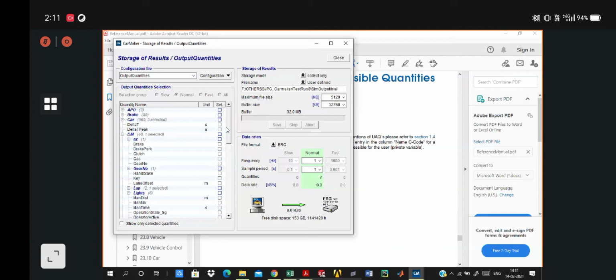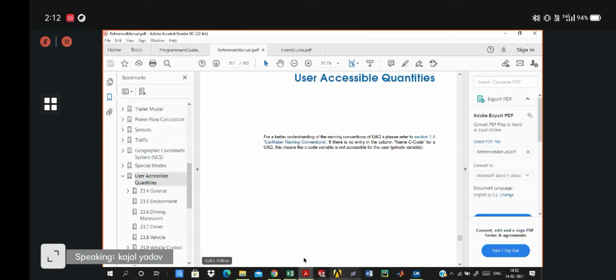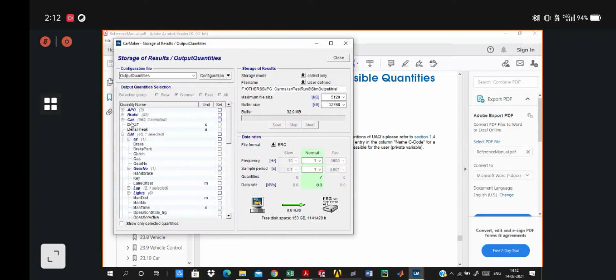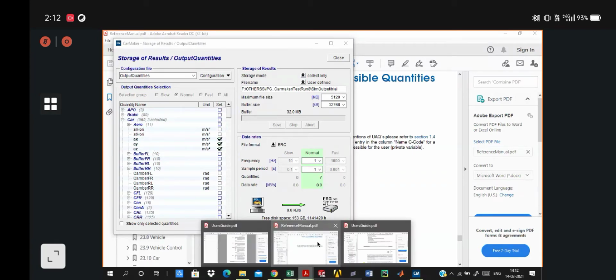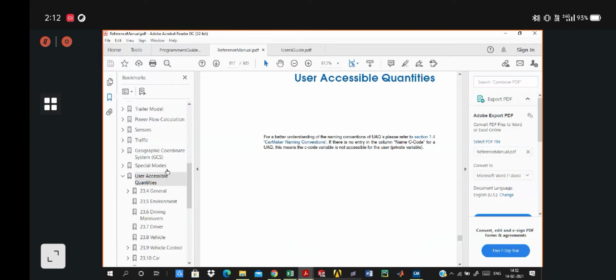Suppose I want to know about the quantity Car, and I want to know what AX, AY, AZ mean. In the reference manual, you go to the contents and you can see the user accessible quantities.